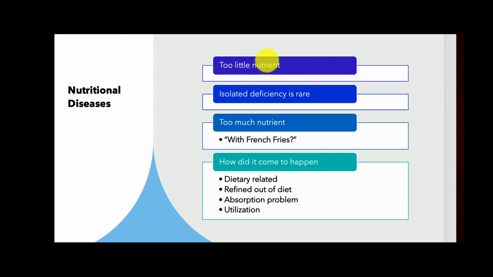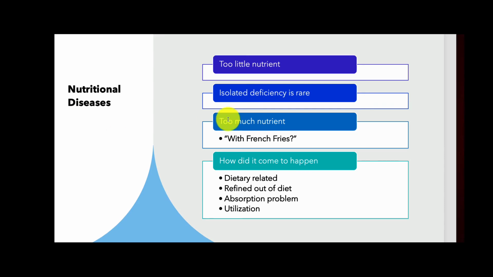So we could have too little nutrients. We could have isolated deficiencies, which is what I talked about as that secondary malnutrition, which is just the inability to absorb things for whatever reason, and they do exist. And then when we talk about too much nutrition, we're talking about dietary issues where we are basically developing obesity and type 2 diabetes, and we're also developing metabolic syndrome and all the other comorbidities that come along with that.